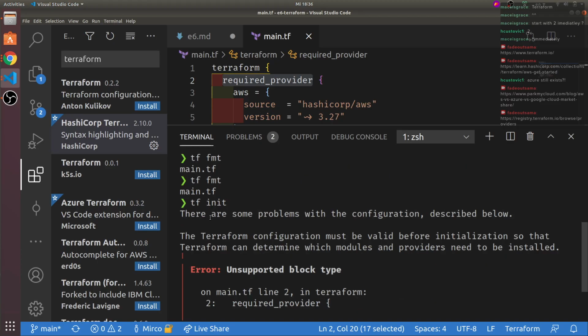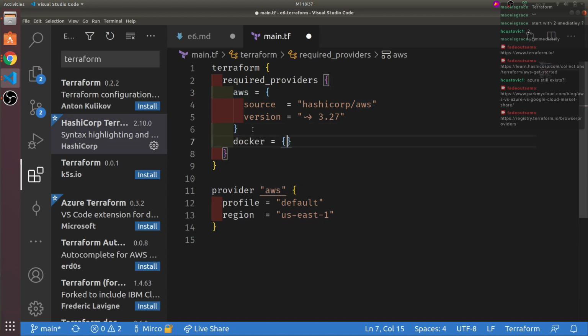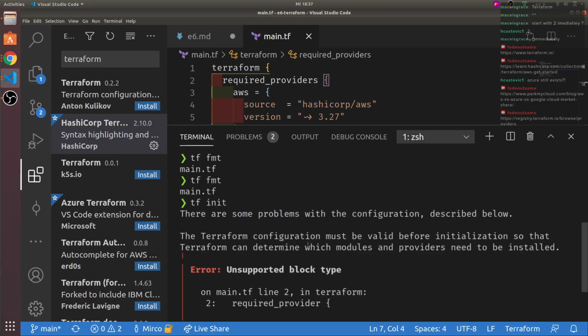So yeah, one cool thing is that most of the time it tells you when there are configuration problems, in the sense of syntactical problems. For example, this needs to have an S. So this is an object with multiple entries. For example, we could also define Docker inside of here, which we will not do now.